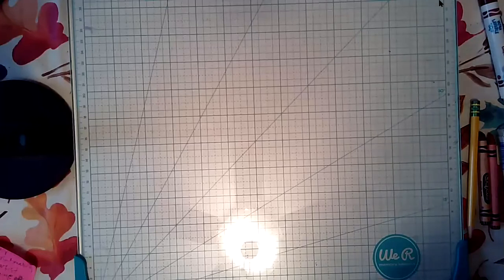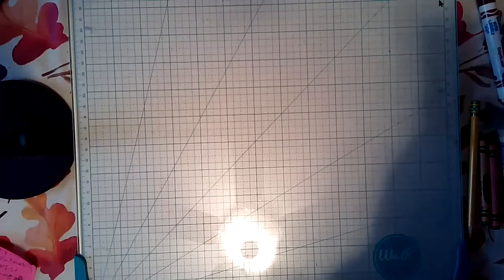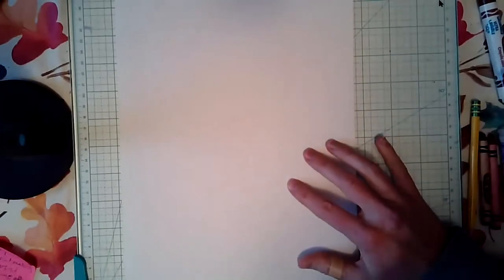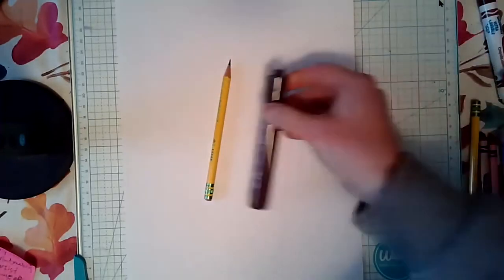Now that we've had some time to look at some different holiday greeting cards, we are going to make our own holiday greeting cards for our art project this week. You're going to need some supplies. You're going to need 4 sheets of paper, a pencil, washable marker,